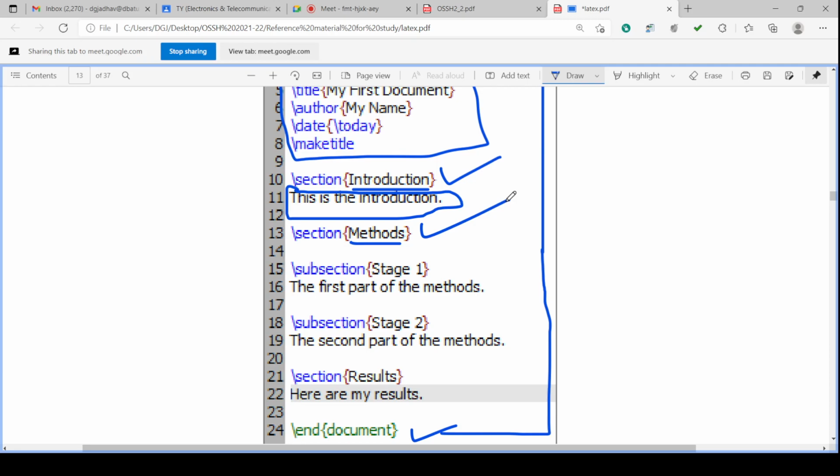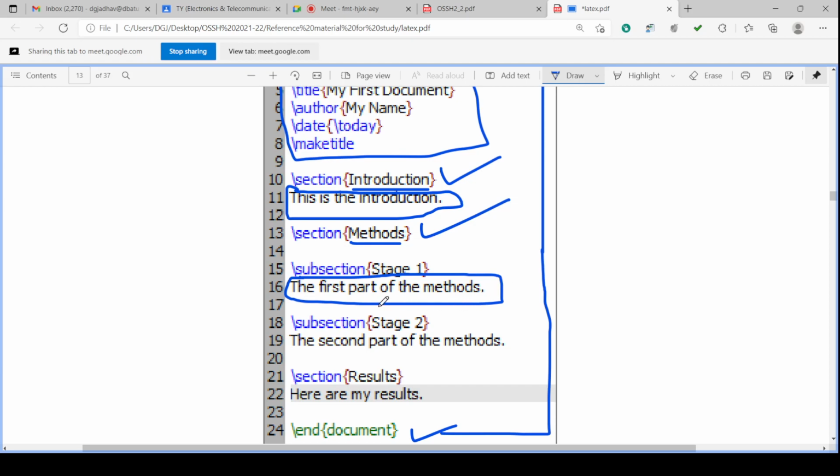Under the methods, you can directly have text, or under the section methods, you can have a subsection as stage 1, and a subsection as stage 2. Okay, anyway, you can have the section name as method, below that another subsection named stage 1, and under stage 1 you can have plain text. Plain text means whatever text you have to put under that particular subsection.